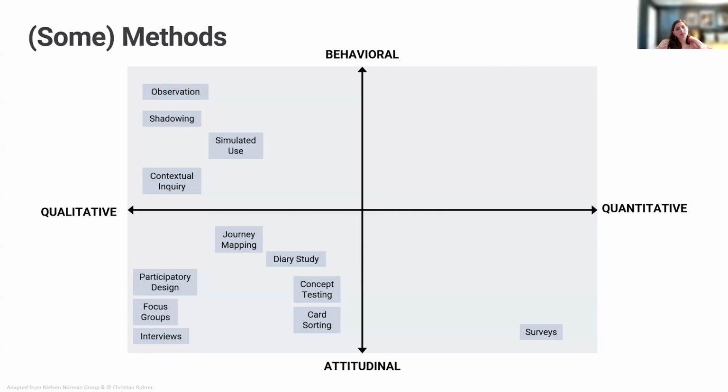The top left, this is where we're starting to move more to that behavioral end of the spectrum. So we're trying to capture more of that context of what people do. This is also typically where you start to lose conversation. With some of the things more towards the attitudinal side, there's two-way communication with someone that you're interacting with, versus towards the top, it's typically they're just acting within as realistic of a setting as possible while you are observing.